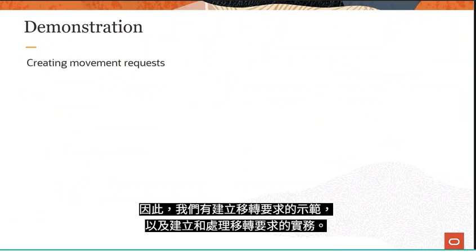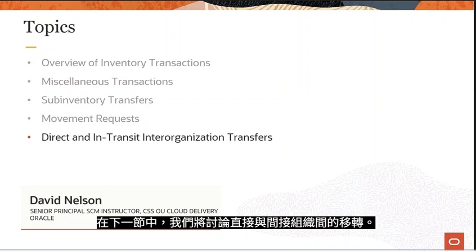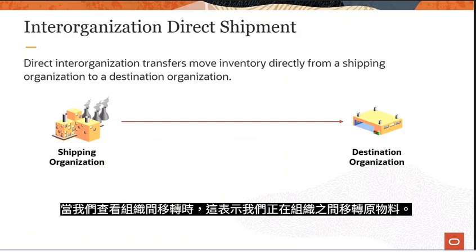One thing to consider is when you're transferring items under dual unit of measure control between orgs, the system honors the unit of measure conversion of the destination organization and could potentially recalculate the secondary quantity for the item if the conversion differs between the shipping org and the destination org. The system will always process transaction quantities in the primary unit of measure. You must define unit of measure conversions in both the shipping and the destination org so the system can process the